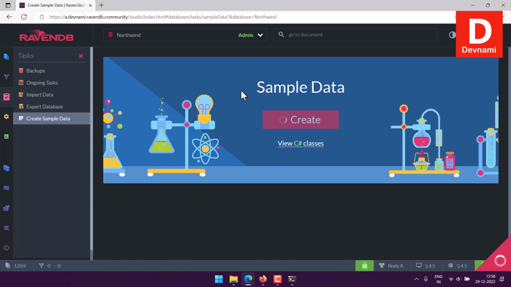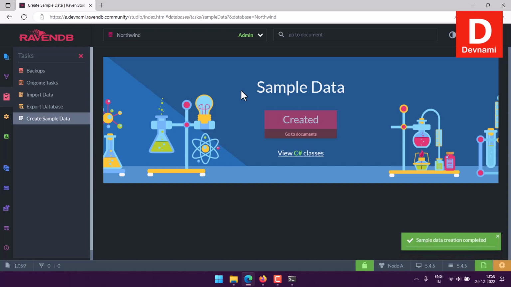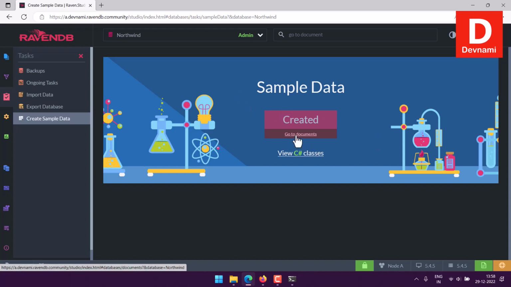We'll go through those documents, and we will also take a look at how you can edit them, delete them, and explore them. Once completed, it will show you a pop-up like the one you see at the bottom right now. Here it says created, and it also shows you a link to go to documents. Click on that,